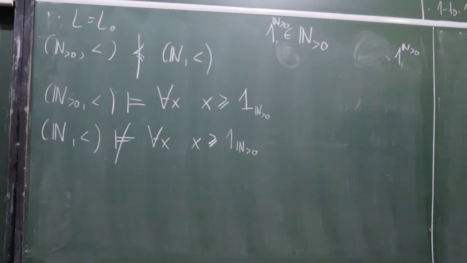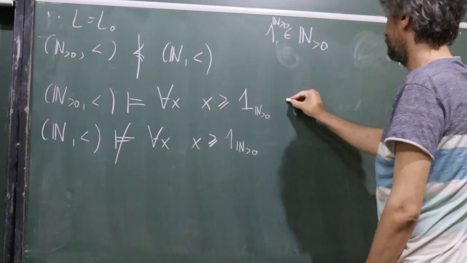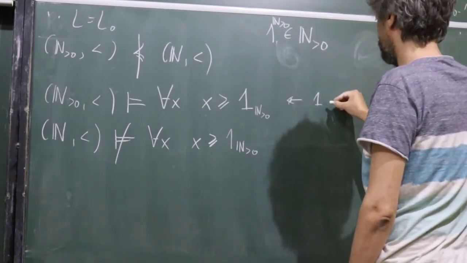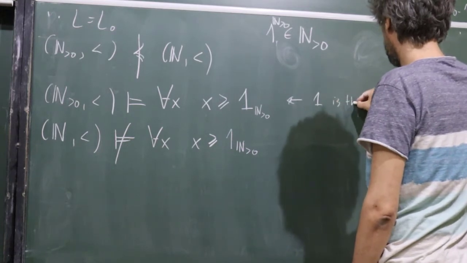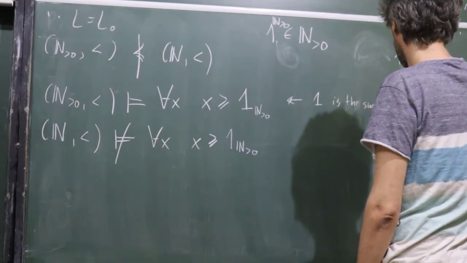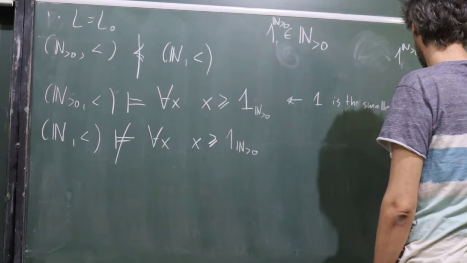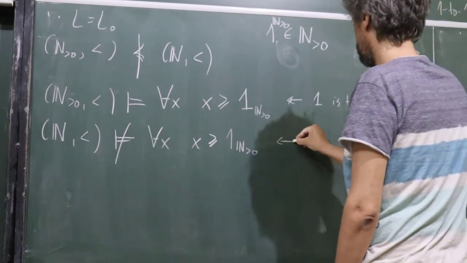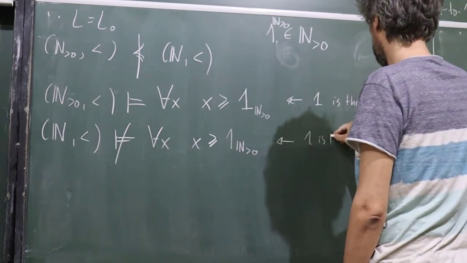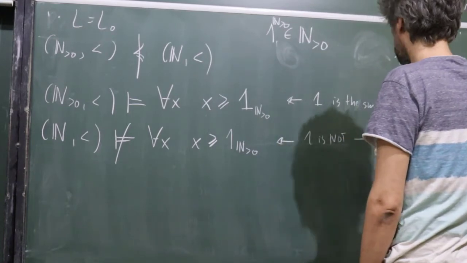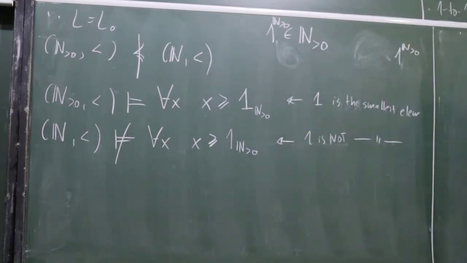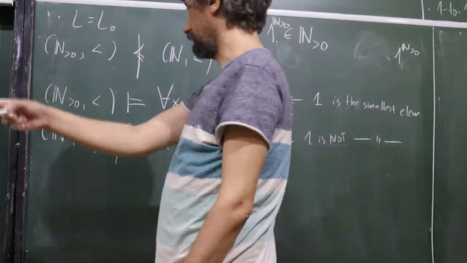But anyway, this is our real one. So here, 1 is the smallest element. Here, 1 is not, because there is also 0. So it's not an elementary substructure, exactly, but